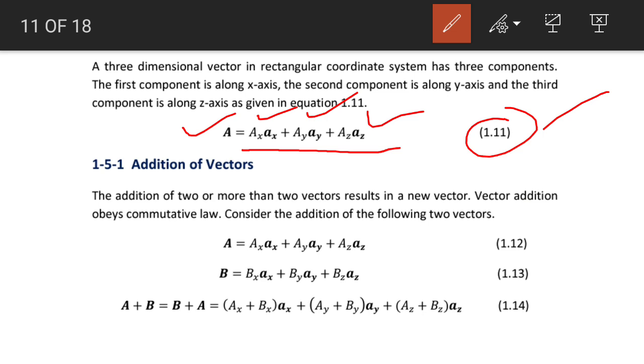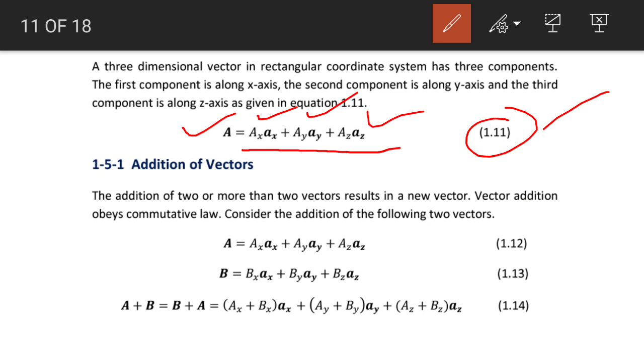A three-dimensional vector in a rectangular coordinate system will have three components. The component along the x-axis is ax, the component along the y-axis is ay, small ay, and the component along the z-axis is az, small az. So equation number 11 represents a three-dimensional vector in